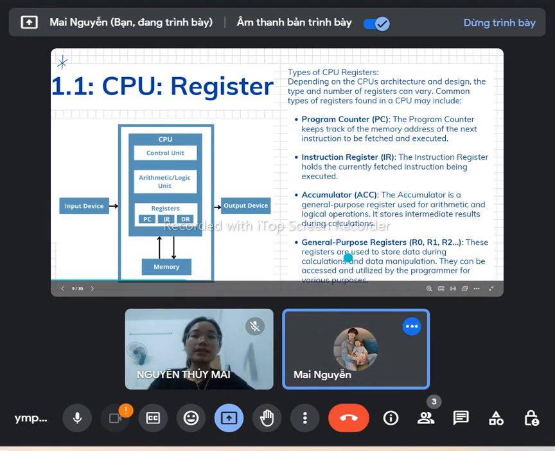And the general purpose registers, one or two or n of them, are used to store